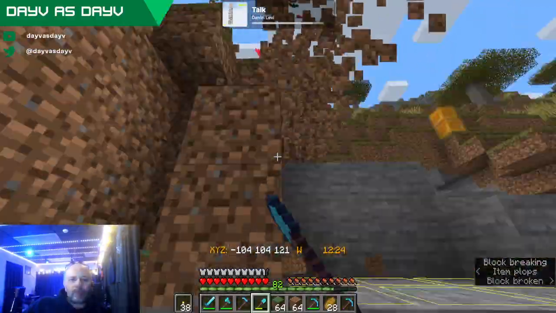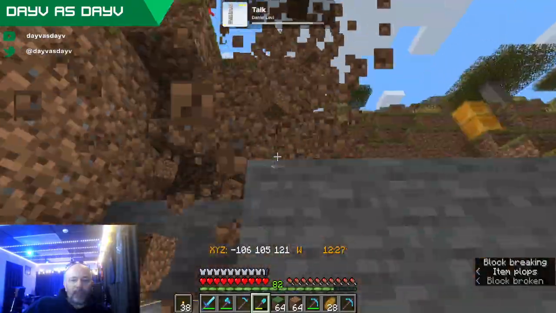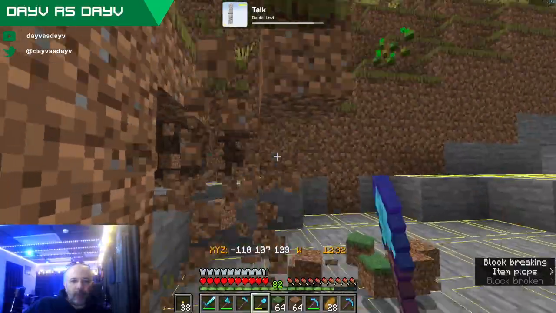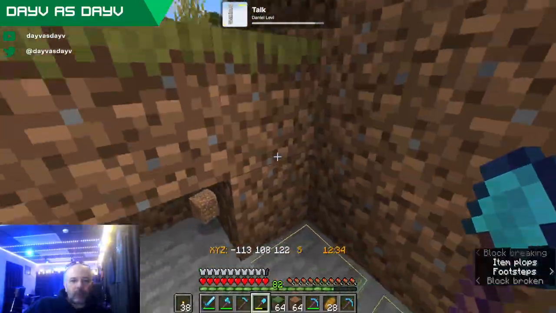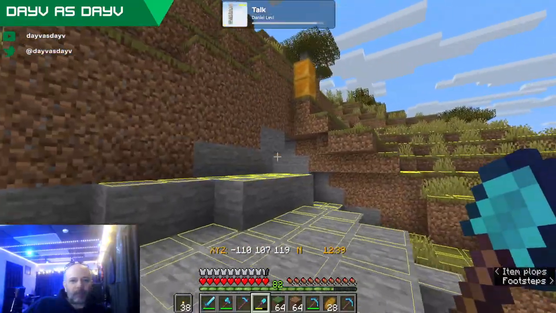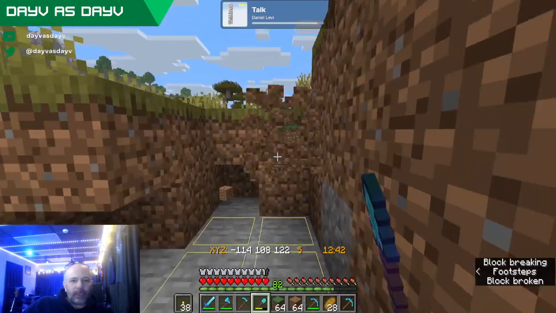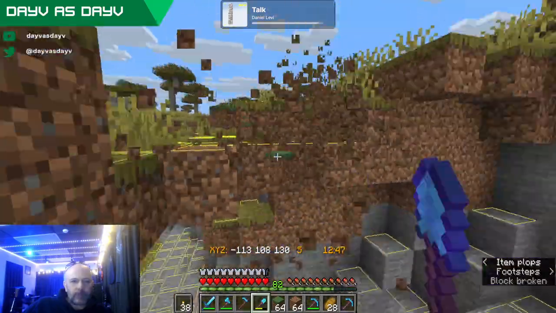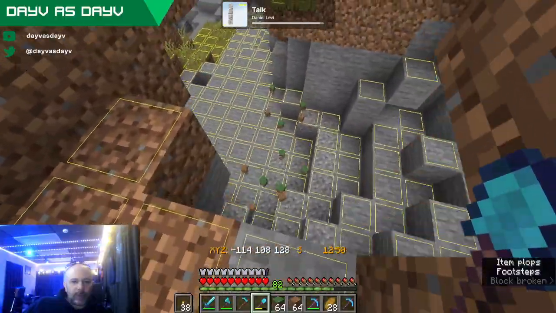Get rid of everything between bedrock and bedrock, and possibly break the bedrock below as well. We will be breaking the bedrock at the top of the nether, but sometimes I go ahead and, I don't know, it depends on how much of it we want to break.